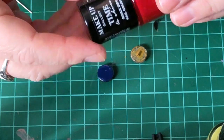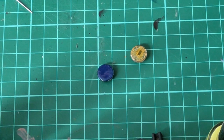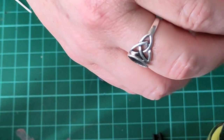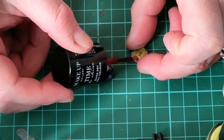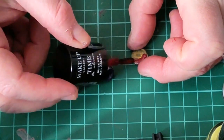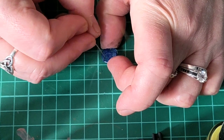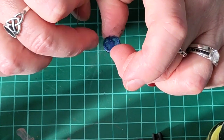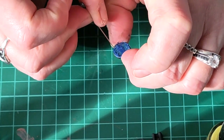This red nail varnish came from the pound shop and it is so pigmented and so rich. It's just beautiful. So as I said, you can get some nail varnishes at a budget price but really good quality, and they work so well for this. Try to get the scraping sort of uniform on both sides